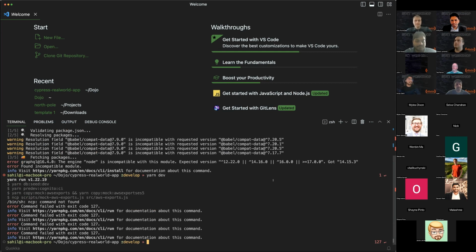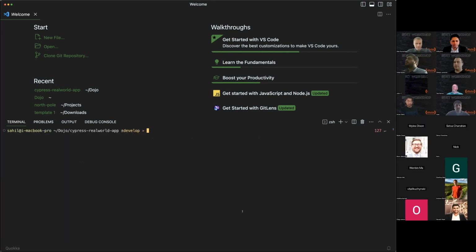Can somebody else confirm they're seeing the same error on their local? I know I did not run this before. Okay, well, that's getting figured out.